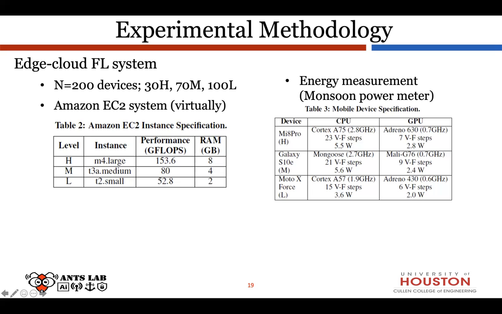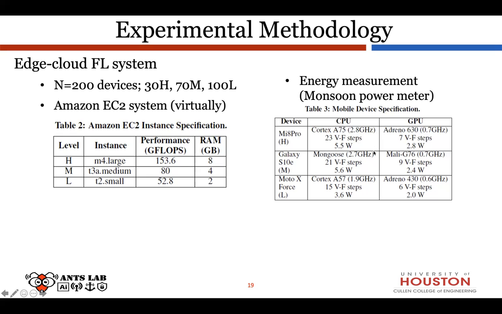For example, the first one and the second one seem to have almost the same CPU frequency, and almost the same GPU frequency. So why do you call the Mi 8 high end and the Galaxy S10 middle end, or medium, I would say? Actually, I don't know. Also, their power consumption is similar, right? Yes, that should be true because their frequencies are similar too.